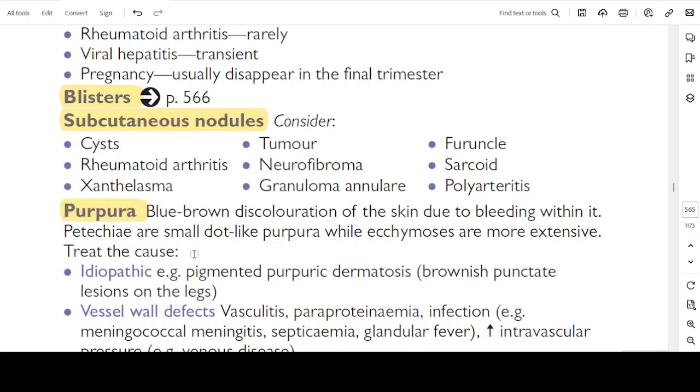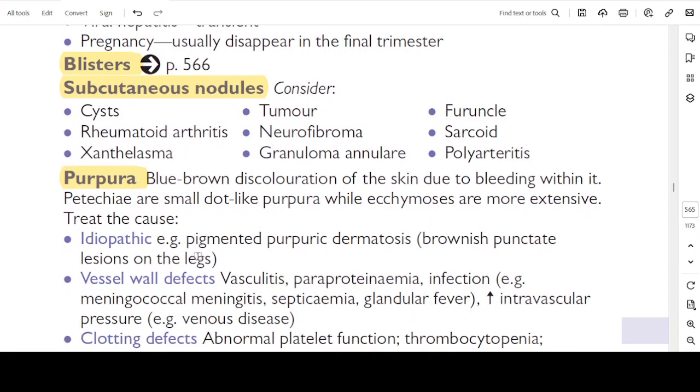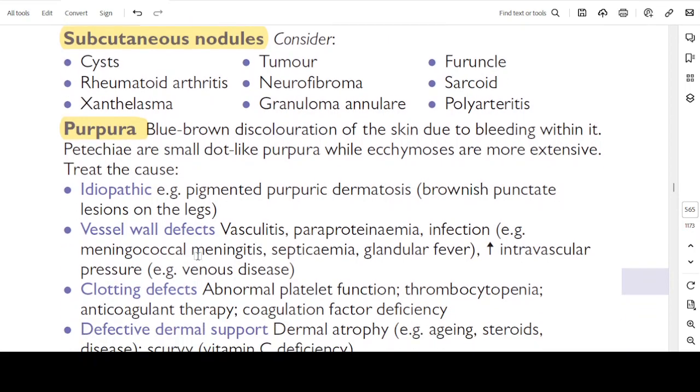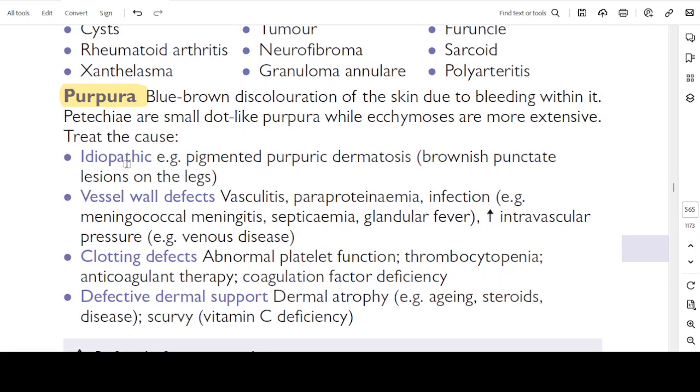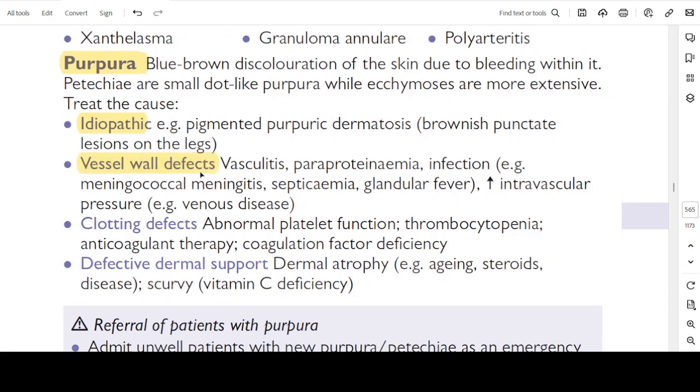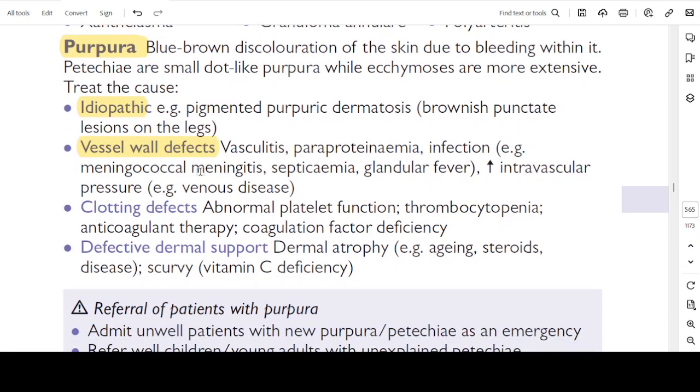Purpura. Blue-brown discoloration of the skin due to bleeding within it. Petechiae are small dot-like purpura, while ecchymoses are more extensive. Treat the cause. Idiopathic purpura, pigmented purpuric dermatosis, brownish punctate lesions on the legs, vessel wall defects, vasculitis, paraproteinemias, infection,